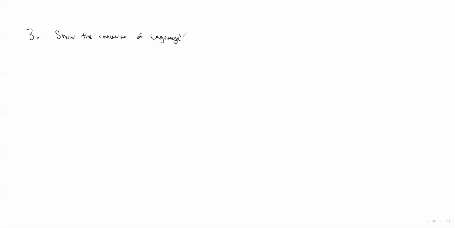So next we want to show the converse of Lagrange's theorem doesn't hold. Lagrange's theorem is just a consequence of one of the remarks I made about the general theory of cosets. So it's one of those theorems that's easy to prove once you develop the theory, in particular, the theory of cosets. Once you understand what cosets are, it's kind of just an obvious theorem, because it says that for any subgroup